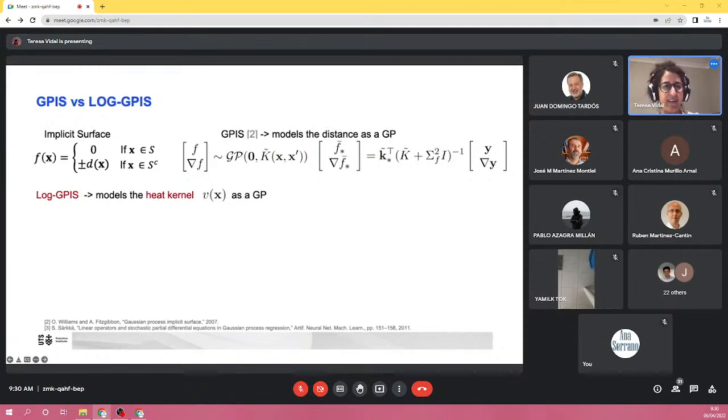So this method, Williams and Fitzgibbon were the first to publish something around it, but from there it has been taken on, because it's a very nice way to model this implicit surface in a probabilistic and continuous manner. But the way they do it is simply they define the distance function as a Gaussian process,